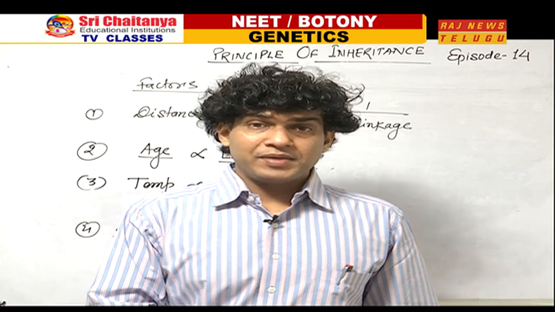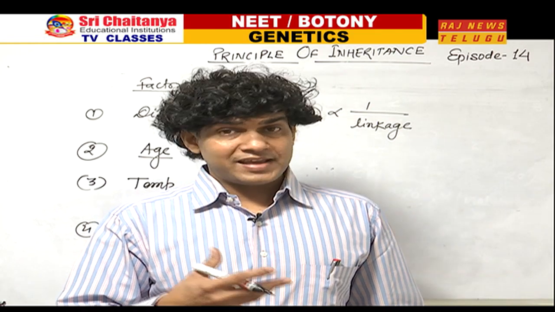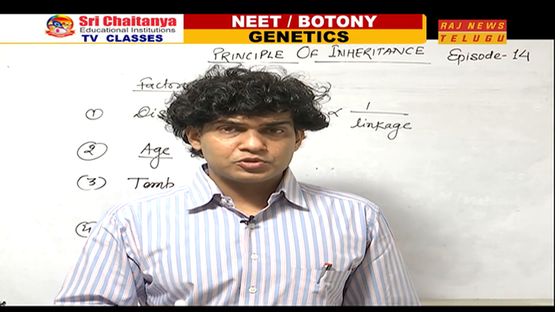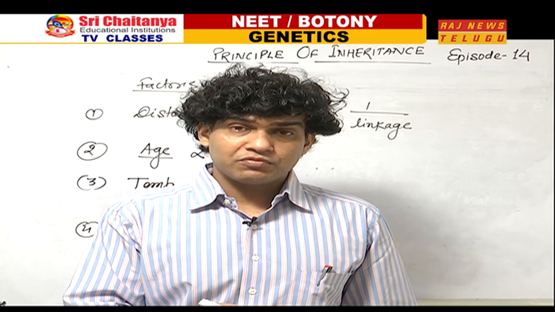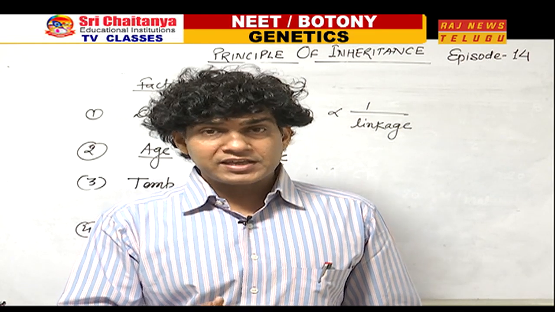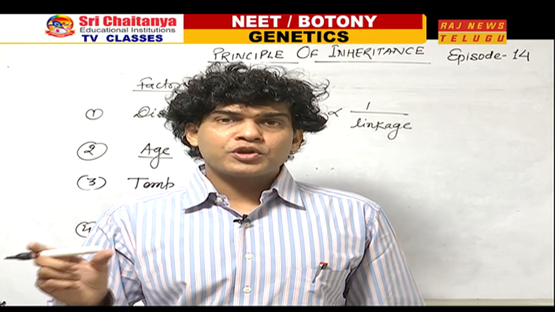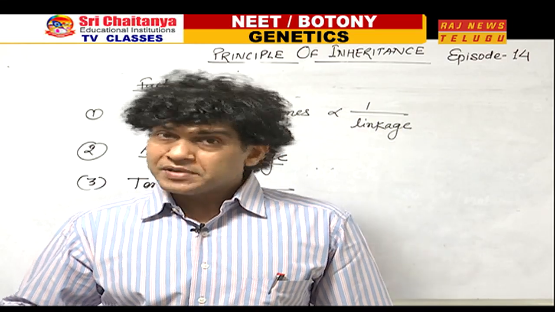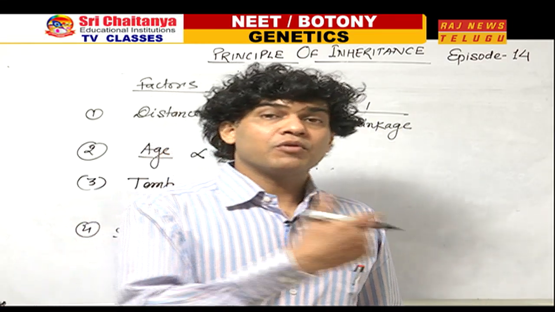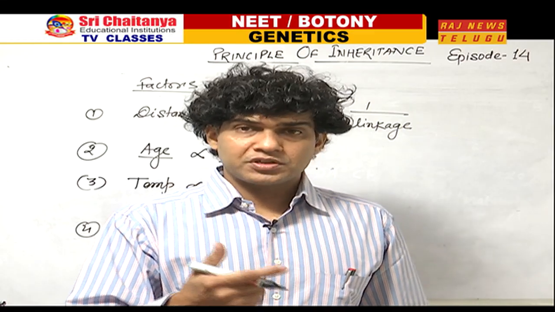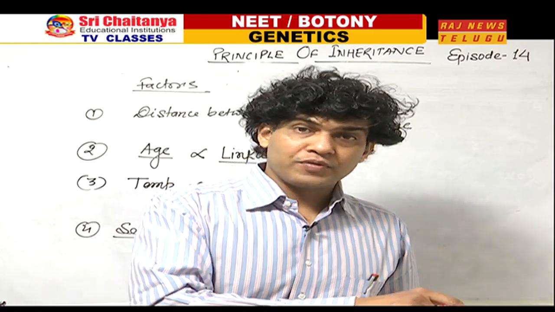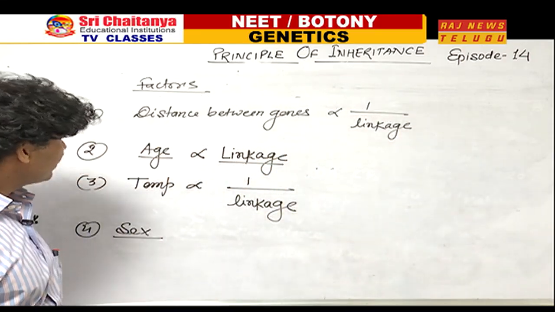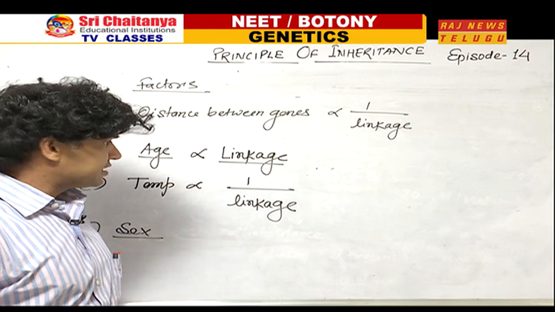In contrast to the human female, human males are 44 plus XY. X and Y are not homologous chromosomes, so genes present on the X chromosome will not cross over with the genes present on the Y chromosome. It means there would be more linkage as compared to the human female. Homogametic organisms show more crossing over, meaning less linkage, while heterogametic organisms that produce two types of gametes based on the sex chromosome show less crossing over. It means more chances of the linkage. So these are some of the crucial factors that can affect the linkage that we discussed.